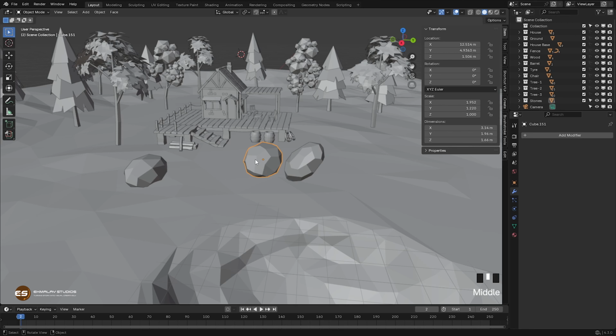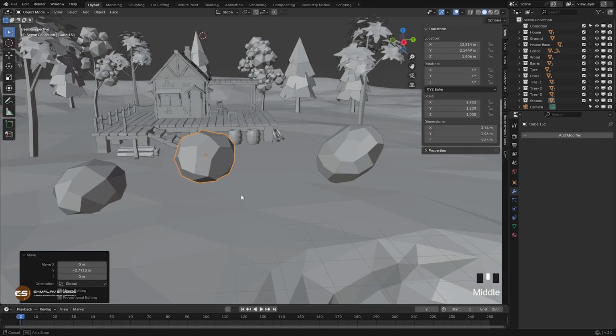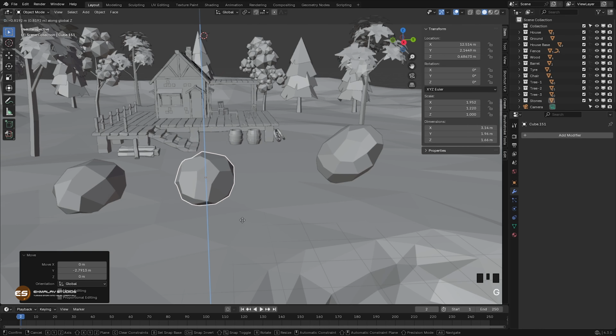You can keep it like this if you're happy with it. Don't fix the one which I'm talking about going inside for editing. So I'm going to duplicate this one. Let's move it to the ground and Shift D